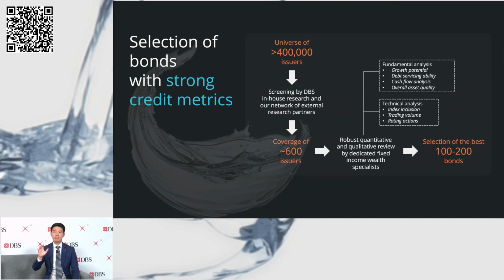You can see some of the other key metrics that we think about. Our track record in terms of security selection has been pretty good so far. This year, we've managed to avoid the high-profile default or distress situations that you might have read in the headlines this year. The likes of Adani, Credit Suisse, Silicon Valley Bank, and Country Garden, we have had no exposure in the portfolio, so we have navigated the uncertain times quite well.